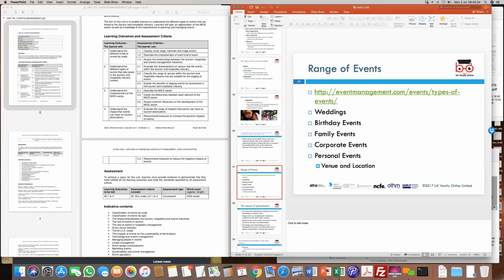Here, the idea would be to pick a type of event and then classify, in a tabular fashion, and list out the range of venues which could be suitable for these kinds of events. Now, sometimes you look at family events. I would pick up that category of family events. Within the family events, you could have different types. You could have birthday parties, weddings, kiddie parties, wedding showers or anniversary parties, things like that.